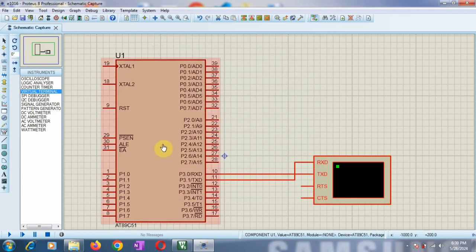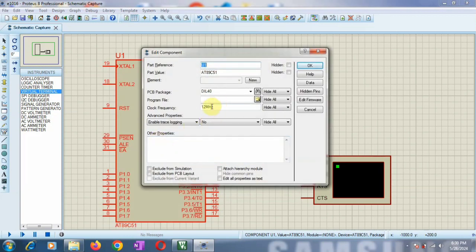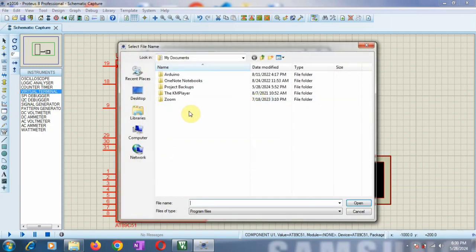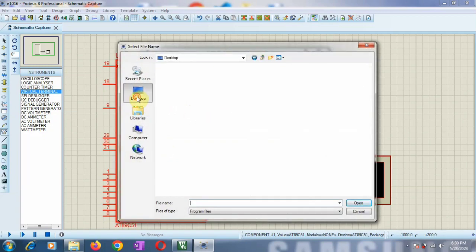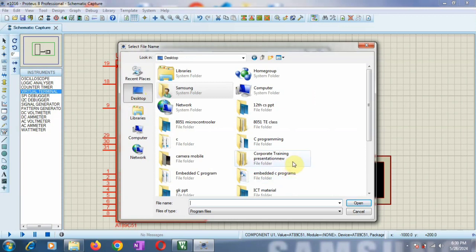Now double click on the controller, and here first you change the frequency. 11.0592 is the frequency, and from Program File you have to give the path. For that you first go to the desktop, wherever your Keil folder is or wherever you have kept your program.